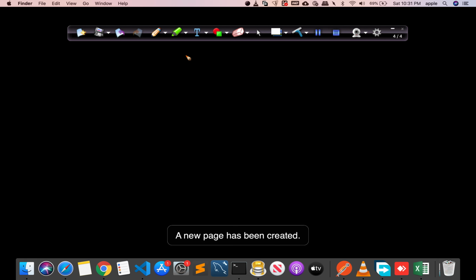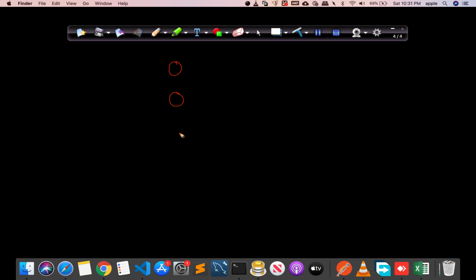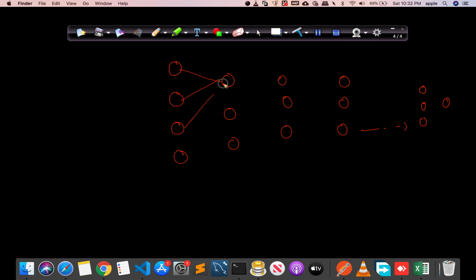Why can we have various functions? See, this is a particular neuron, this is a particular neuron, and we can have one layer. Sorry, we can have a layer on top of this. After this, we can have one more layer, and subsequently we can have multiple layers, and at last we can have one neuron. Now there can be multiple combinations of connections. Everything will be connected to each other like this, so we can have multiple connections.